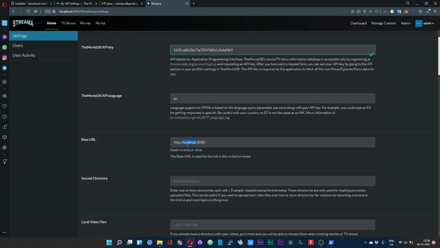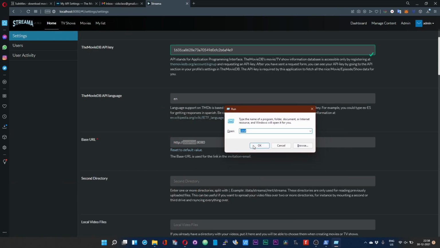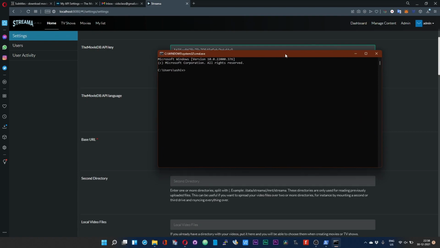So for that, you need to have the IP address of the system on which you have got the server running. Once again, while holding the Windows and R key, open the CMD and type ipconfig.